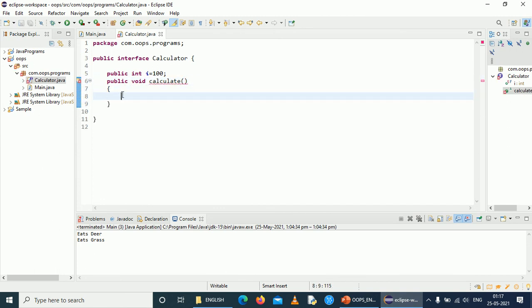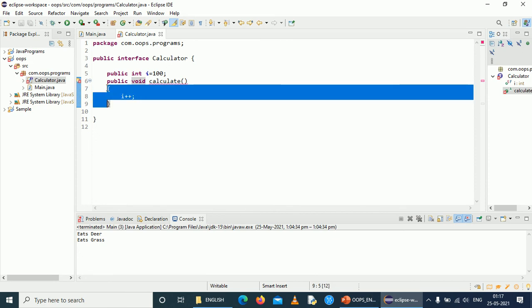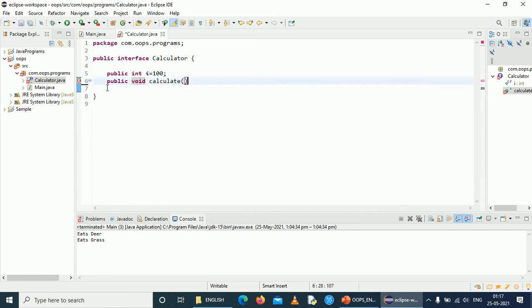When I try to define some lines of code in a method in an interface, it will show an error, because abstract methods do not specify a body, which means this method is supposed to have only a declaration and not a definition. This is an interface, and an interface is a pure form of abstract class, and hence it can have only abstract methods.